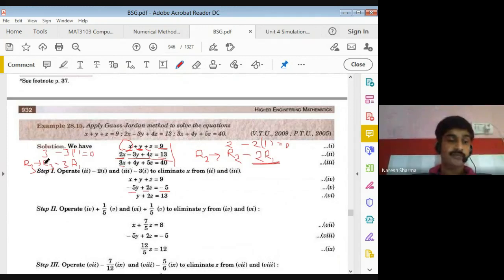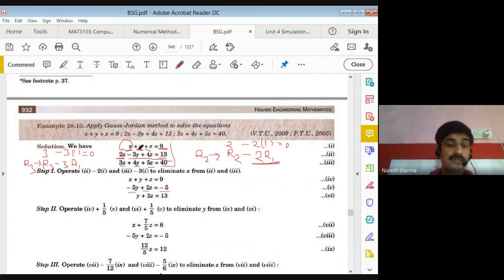This is our idea to make a formula. Now apply this formula for y also and z also and this 40 also, that is the right side. So multiply this with minus 3 plus 4 is 1. Minus 3 into 1, that is minus 3 plus 5 is 2. Minus 3 into 9, minus 27 plus 40 is 13. So all x lies below this first row.